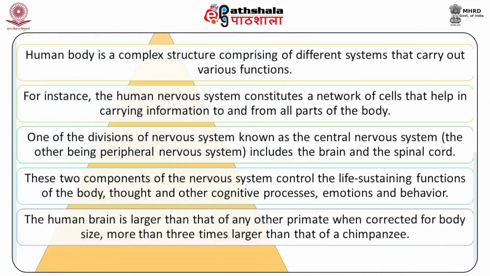The human body is a complex structure comprising different systems that carry out various functions. For instance, the human nervous system constitutes a network of cells that help in carrying information to and from all parts of the body. One division of the nervous system is known as the central nervous system, and the other is the peripheral nervous system. The central nervous system includes the brain and the spinal cord. These two components of the nervous system control the life-sustaining functions of the body, thought and other cognitive processes, emotions